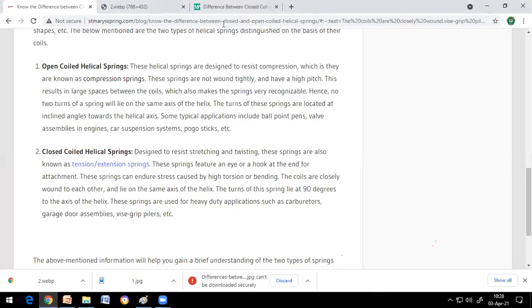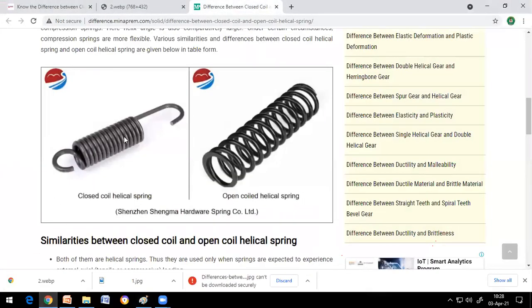So if you see the example over here, it's almost straight. Now if I would like to draw it, I will try to draw here itself. One second. Yeah, this is the axis of the spring. If you see the axis of the string, that is, the axis of this coil, how are these two? Almost 90 degrees, right? This is what he is telling about.